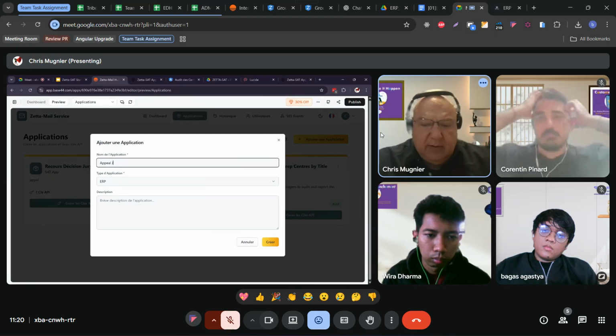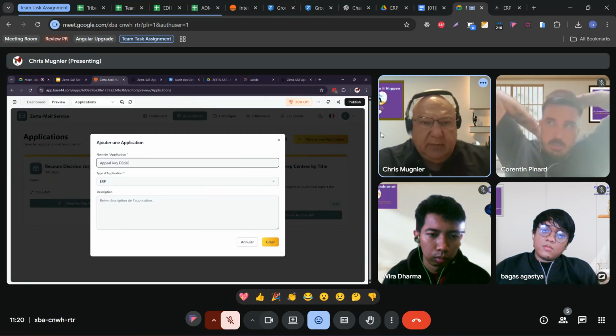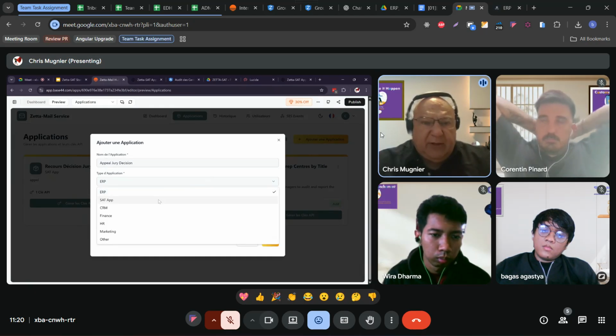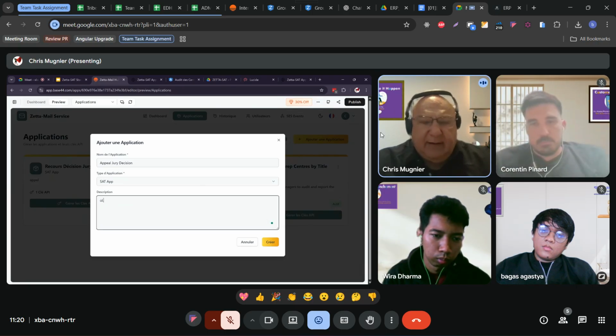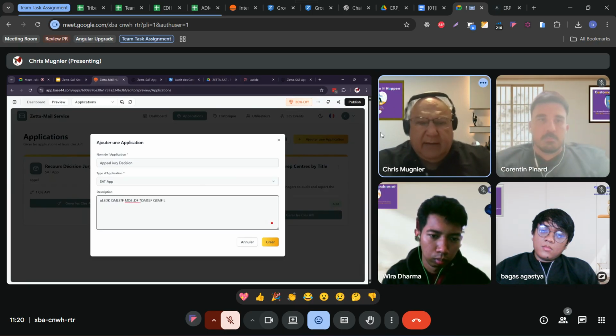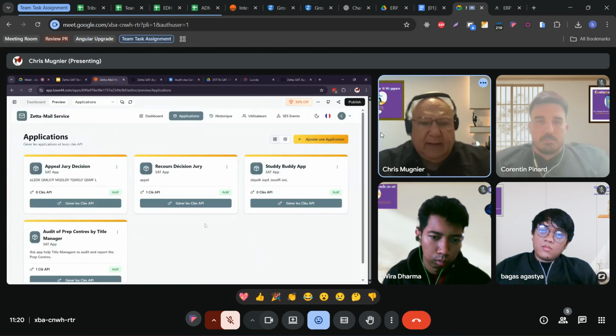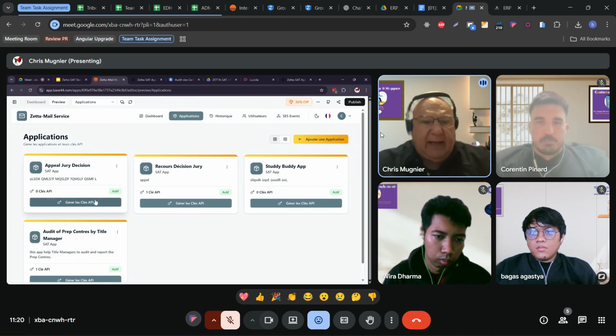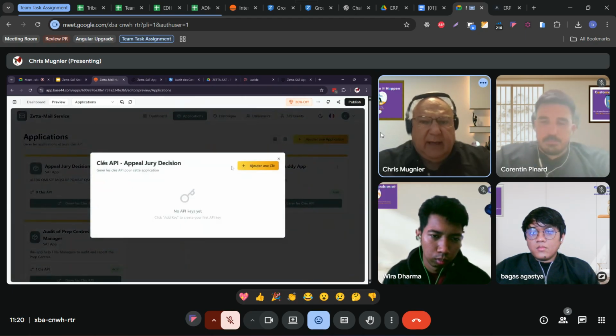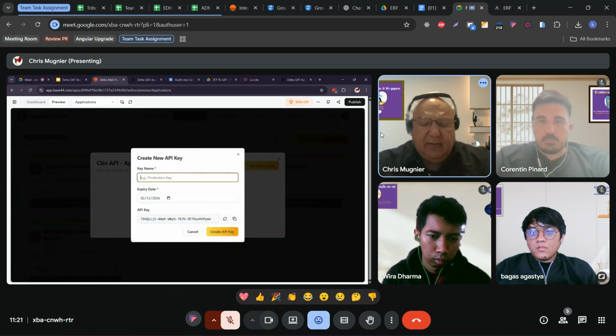So the type of application is a SAT app, and then I explain here my stuff. When I create it, it's here now, and I can add one key. And this key, I will call it